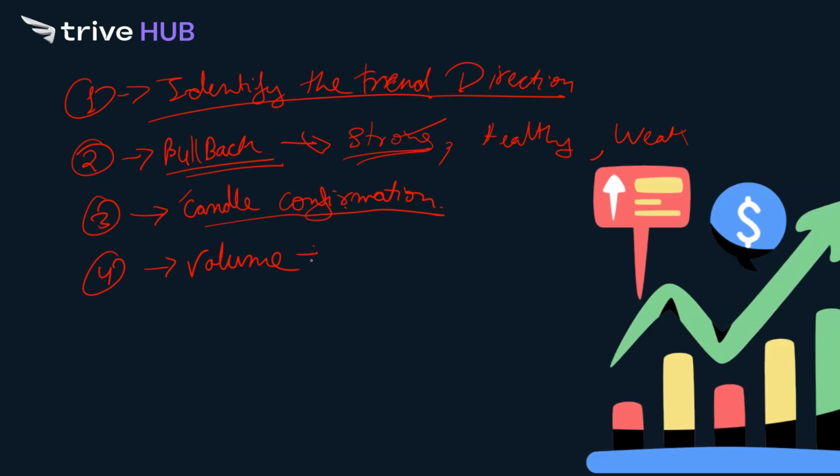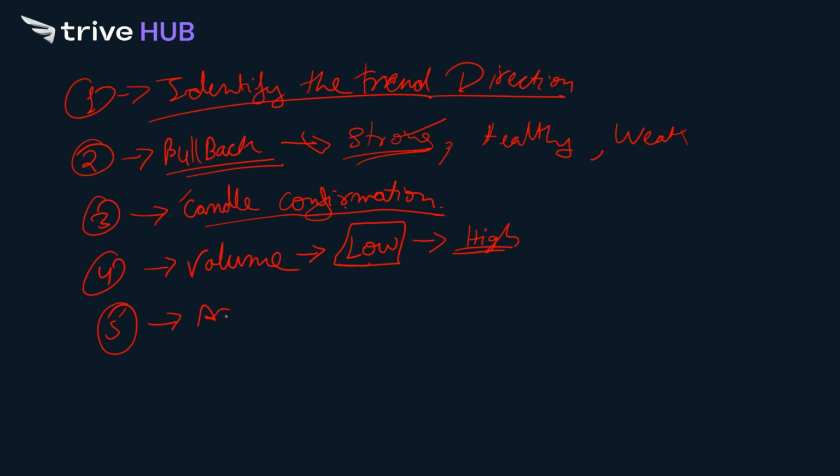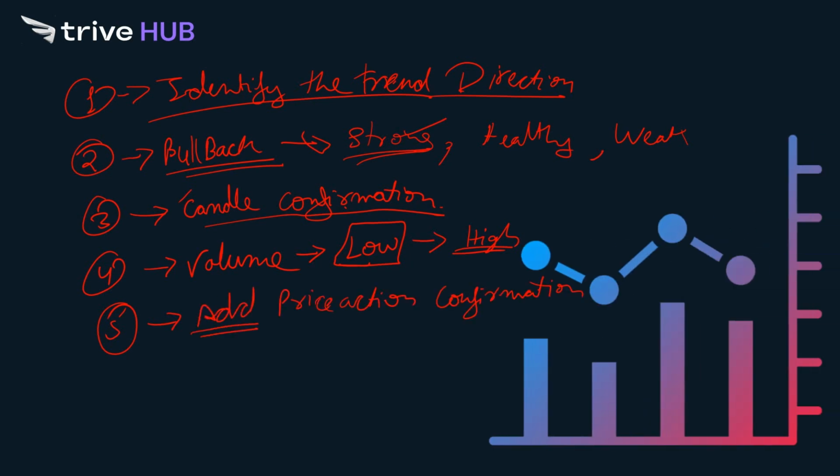Then look for volume. These pullbacks need low volume, and the original direction trend movement needs high volume in it, but these pullbacks need low volume. If those pullbacks have high volume, then you have to be a little bit cautious, because that can be a major reversal. Then the fifth one is you can add price action confirmation, because understanding of